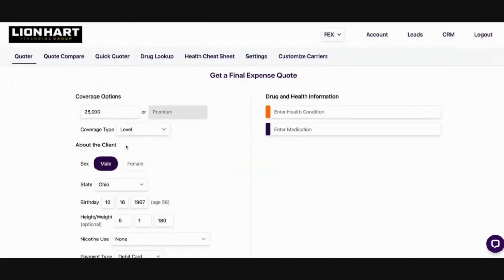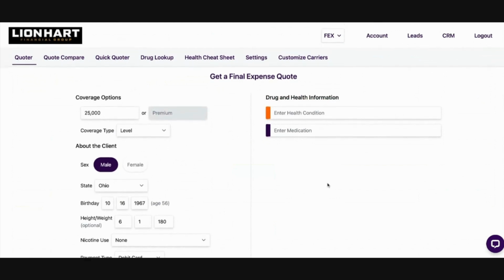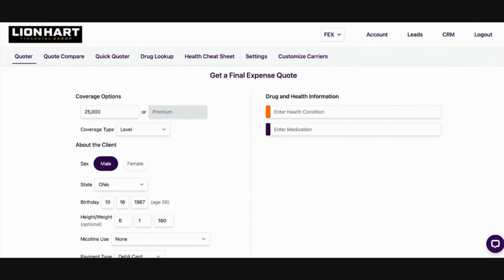I want to hop over here to the underwriting portion. Under the drug and health information section is where you're really going to be able to eliminate the guessing out of the applying process. What I mean by that is we're no longer going to be submitting applications and crossing our fingers and hoping they get approved. We're not going to have products and policies pending in underwriting for weeks on end, having to call doctors and call the client,